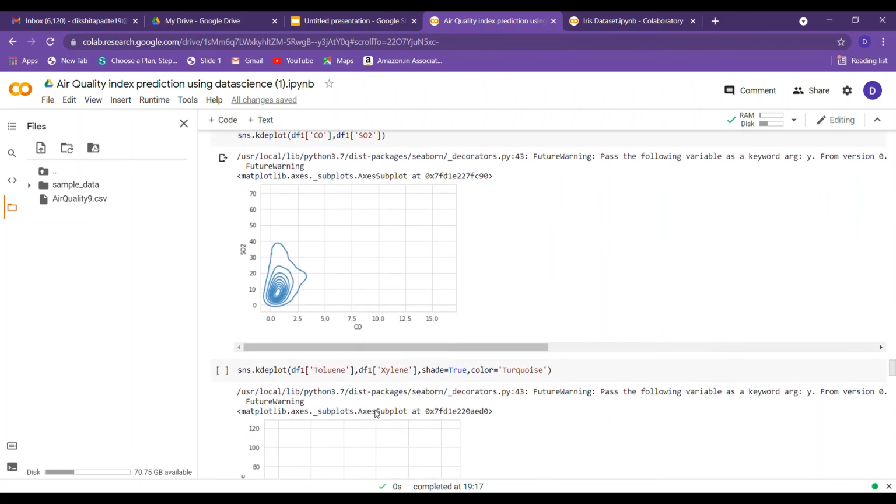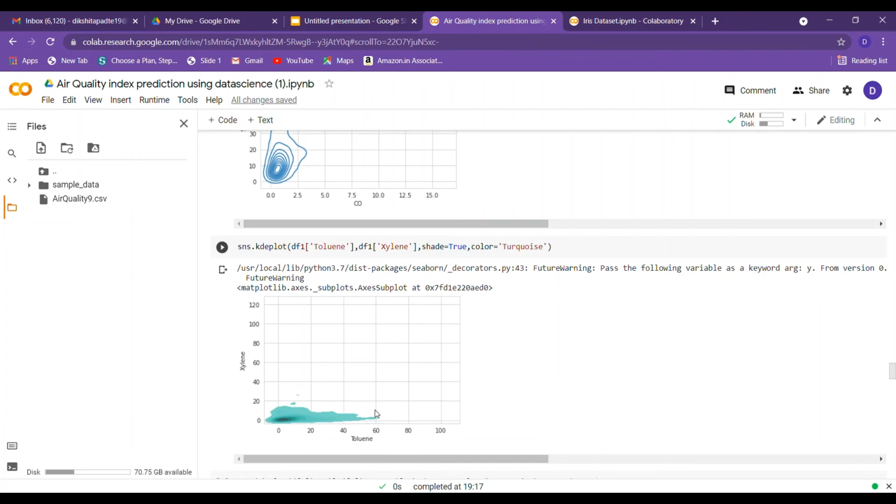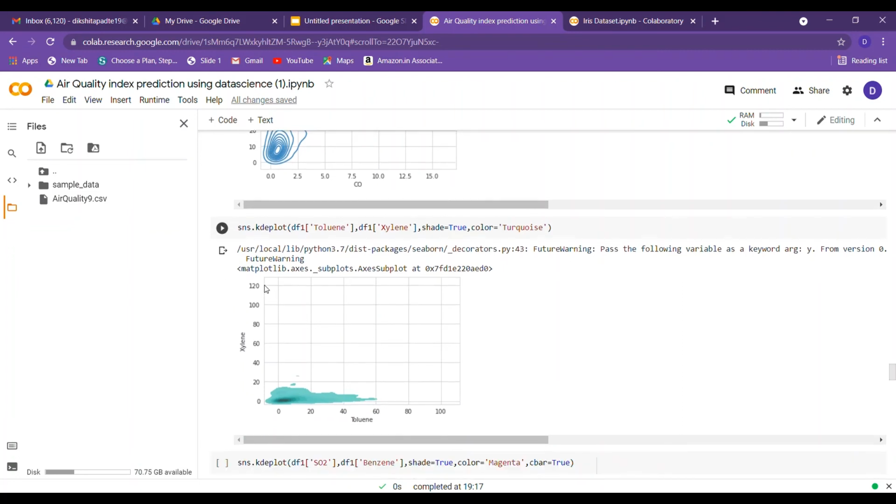Then if you notice, the bivariate KD plots don't show probability density, but instead they show frequency on both the x-axis and y-axis.